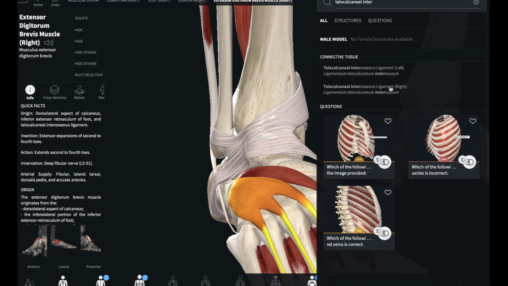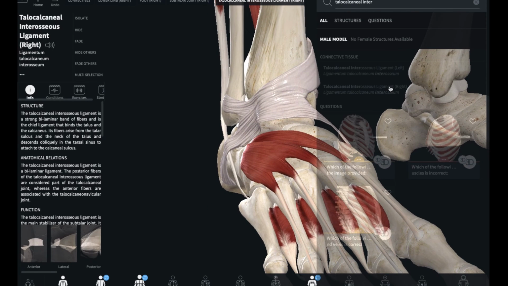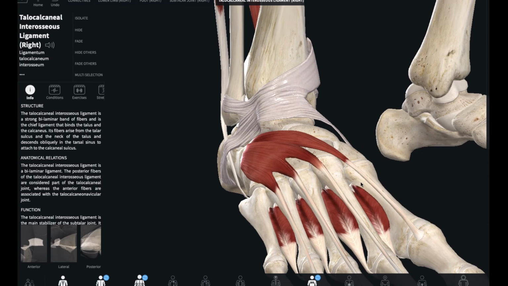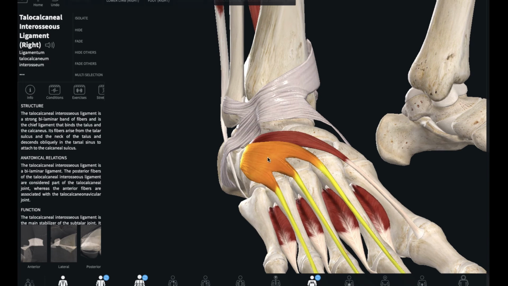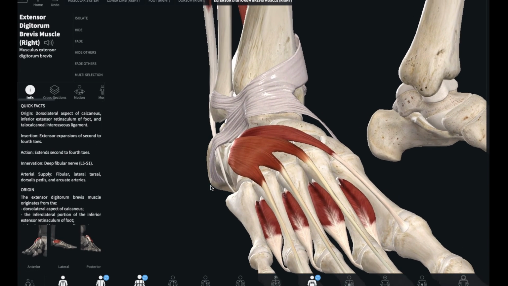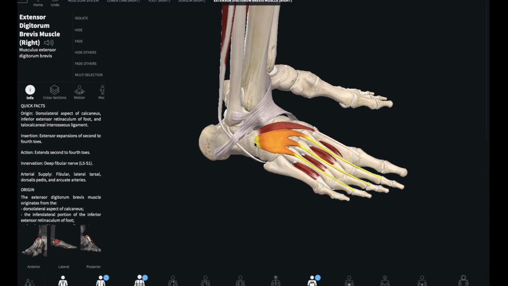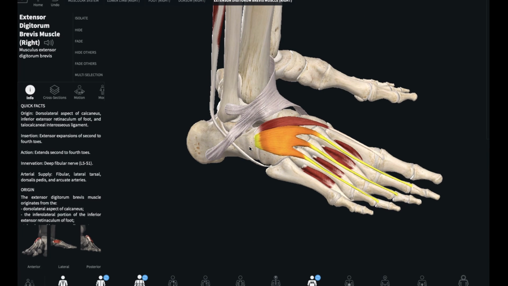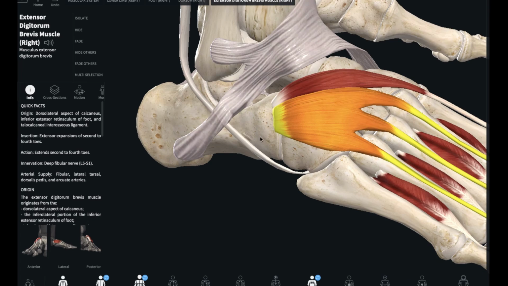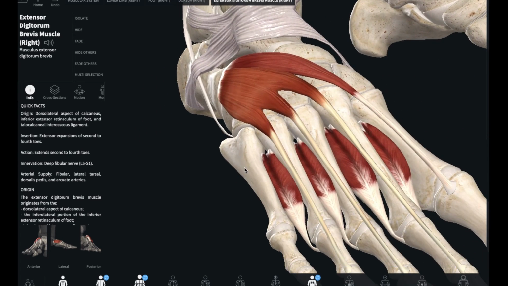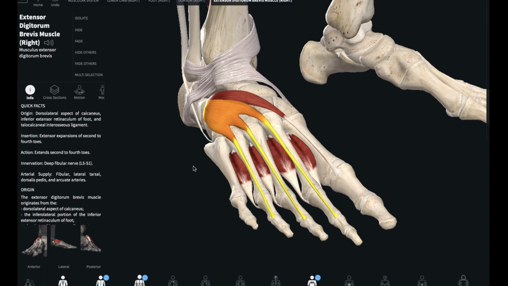Okay. So, getting back to the extensor digitorum brevis, it originates on the dorsolateral side of the calcaneus, the inferior extensor reticulum of the foot, and the talocalcaneal interosseous ligament,